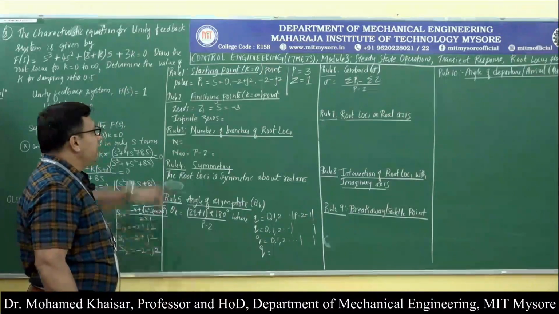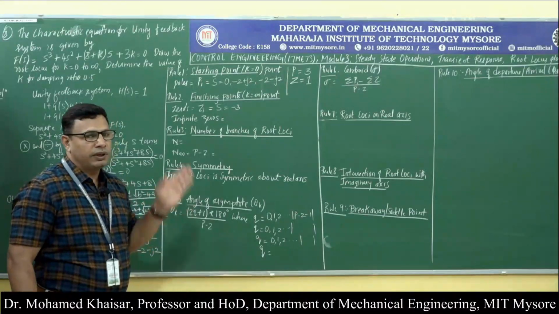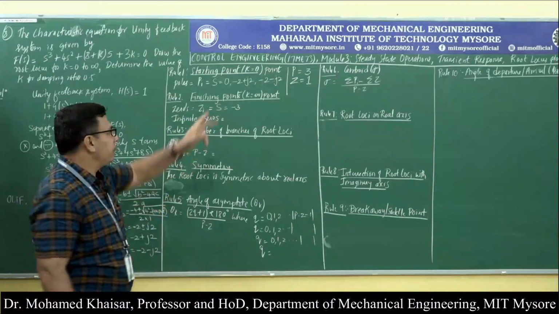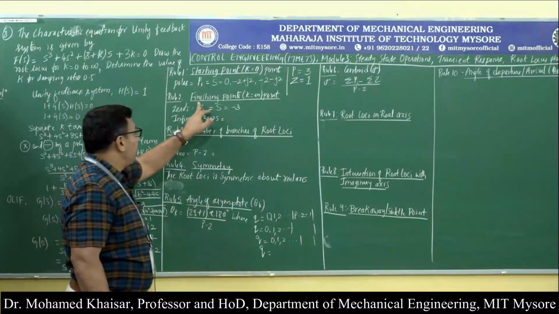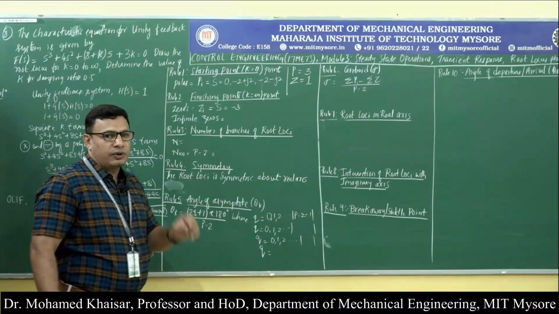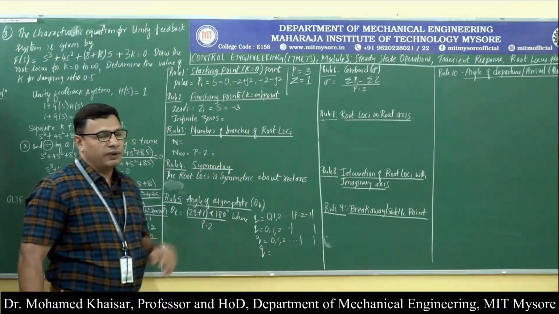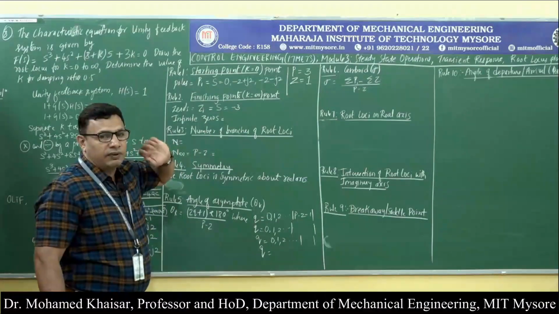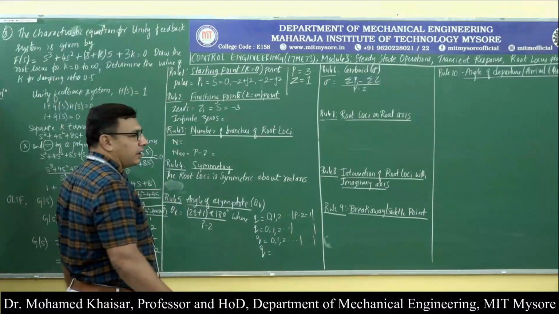But there are 3 poles, which means 3 branches of root loci are going to exist. When there are 3 branches of root loci starting from 3 poles, there have to be 3 terminating points also. But there is only one finite zero, that is s equal to minus 3. That means only one branch of root loci evolving from any of these poles will terminate at minus 3. But what about the other 2 branches starting from the remaining poles? They will be terminating at infinity.